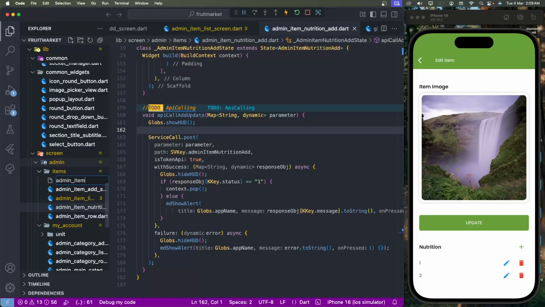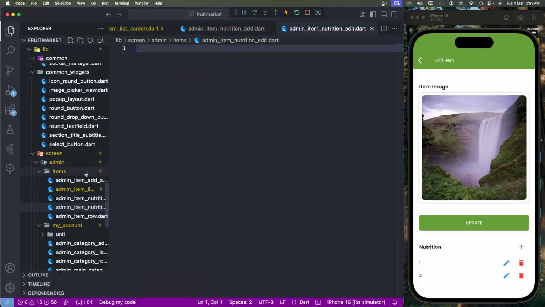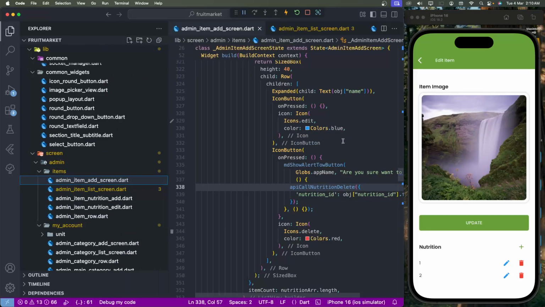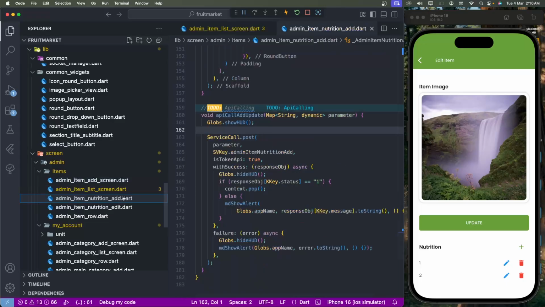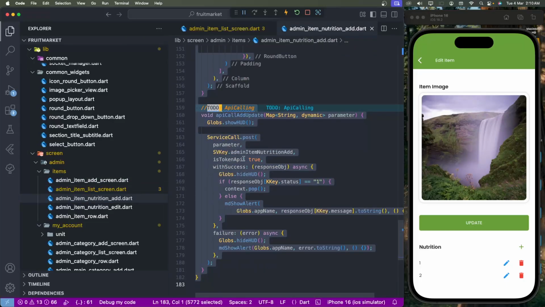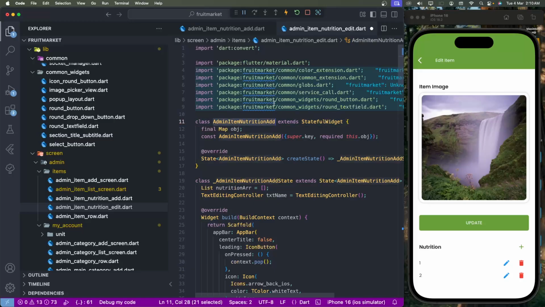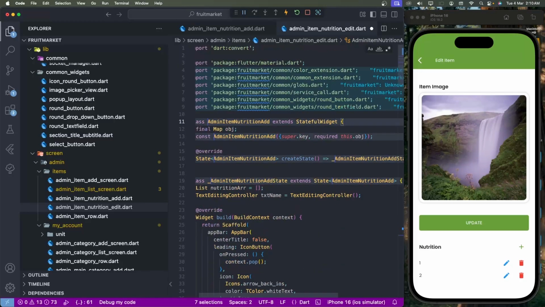item nutrition edit. Give the screen name. First of all, we need to copy the add nutrition screen, copy this data and paste it here, and now replace the screen name with edit